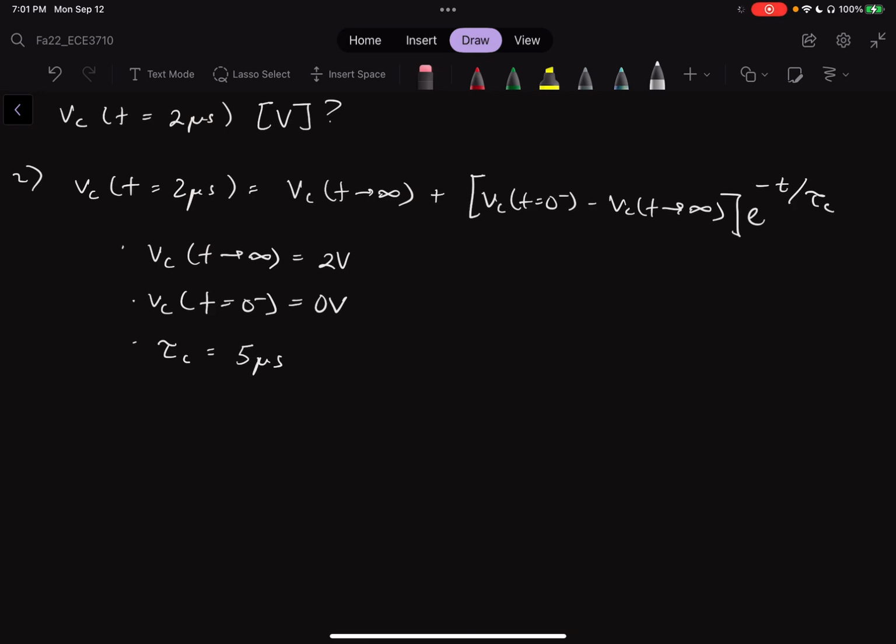By plugging this all into the equation, Vc of t equal to 2 microseconds is equal to,